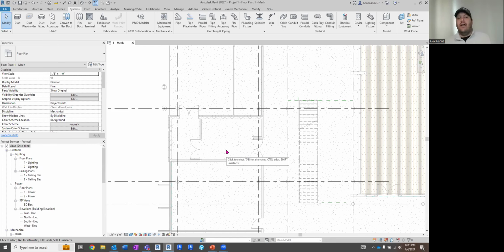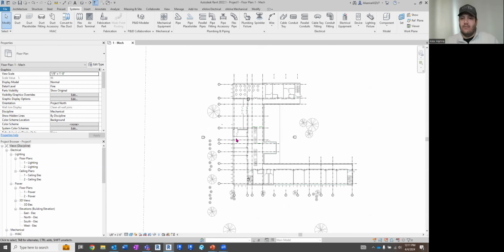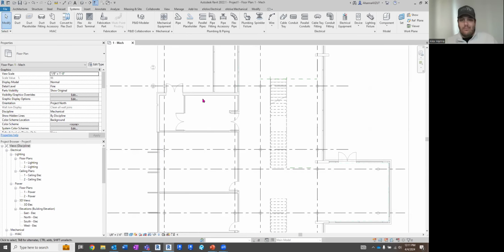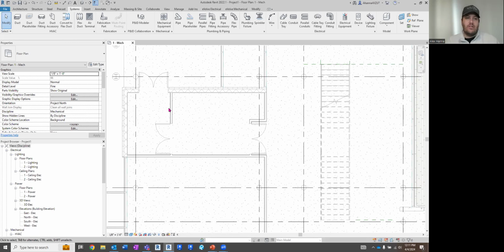So right now I have just moved this out of the way. Sorry, you guys can't see that, but I just have the basic Revit sample project in here. And we're going to start with duct. So under the Systems tab, if I hit duct,